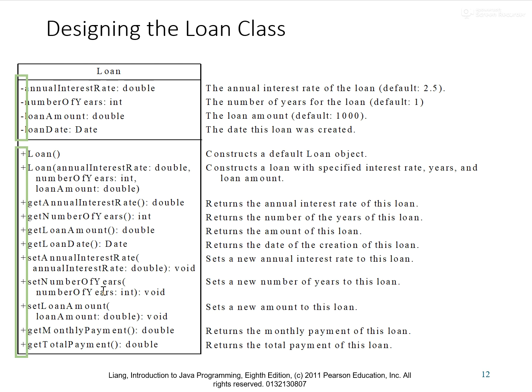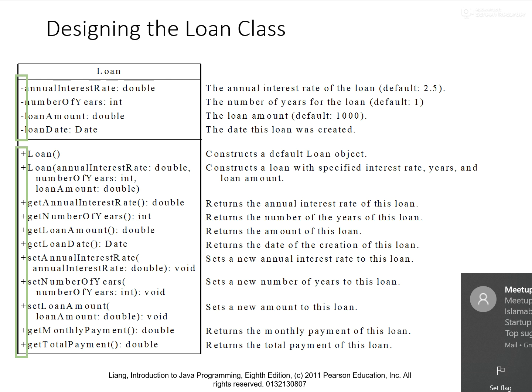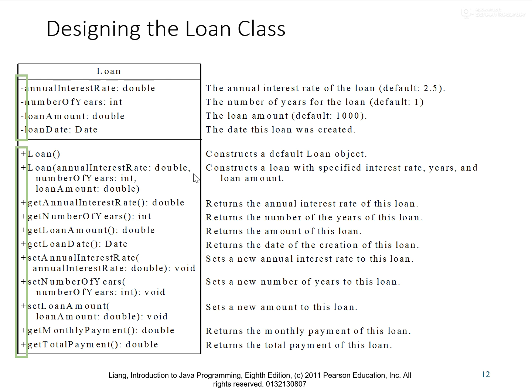So that's pretty much what we've been doing so far. But in addition to that, this class will also do some calculation. It'll do some work for us. If you give it these three values, you can see over here in the methods section of the loan class in this UML class diagram,